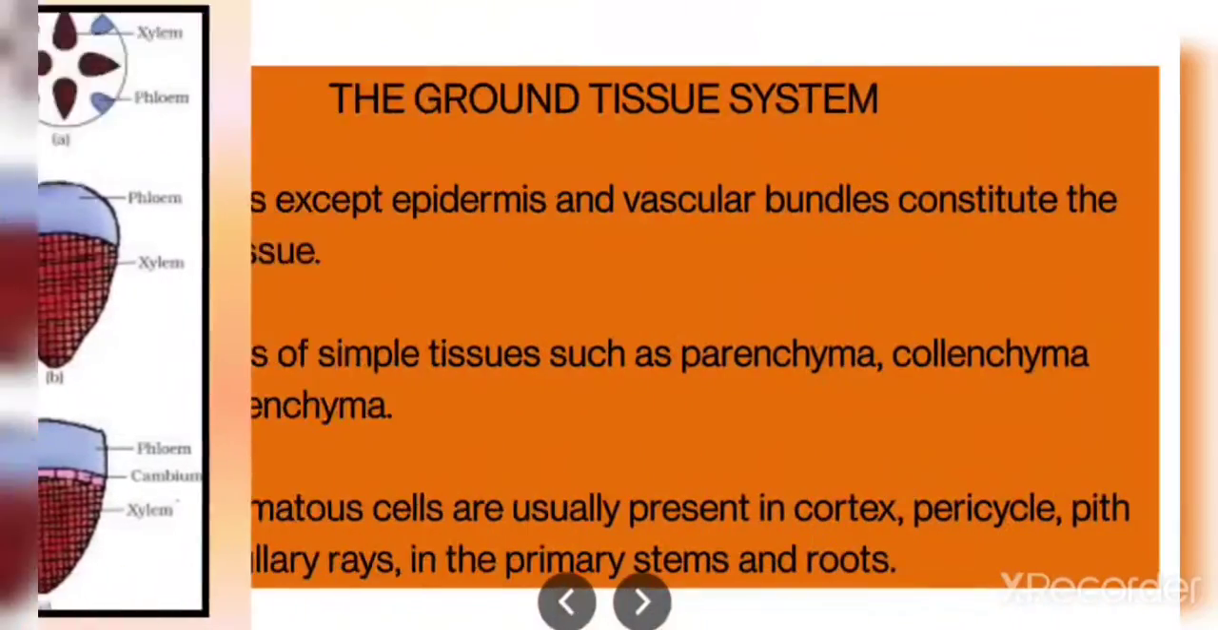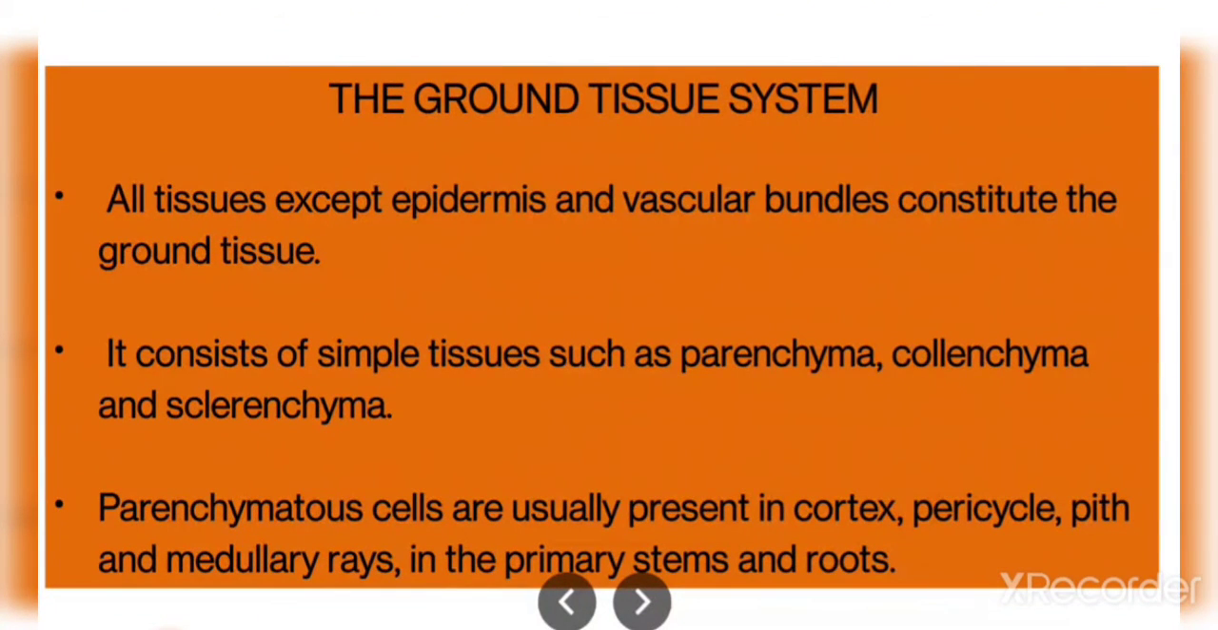Moving further, we come to the ground tissue system. The ground tissue system is present in between the epidermal and the vascular tissue system. What makes the ground tissue system? All the simple permanent tissues, the parenchyma, collenchyma and sclerenchyma, form the